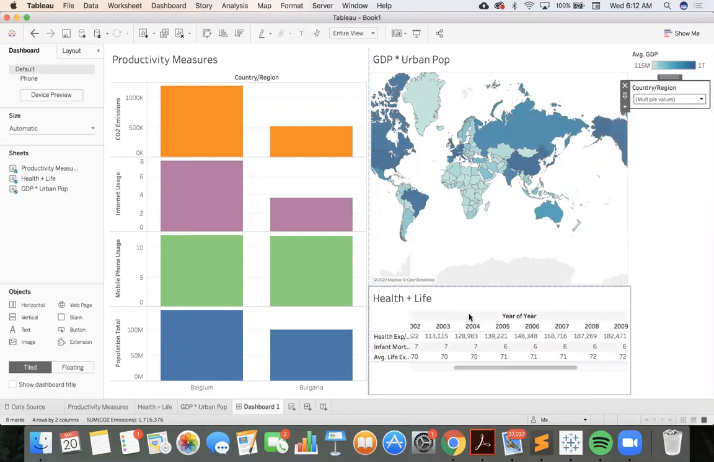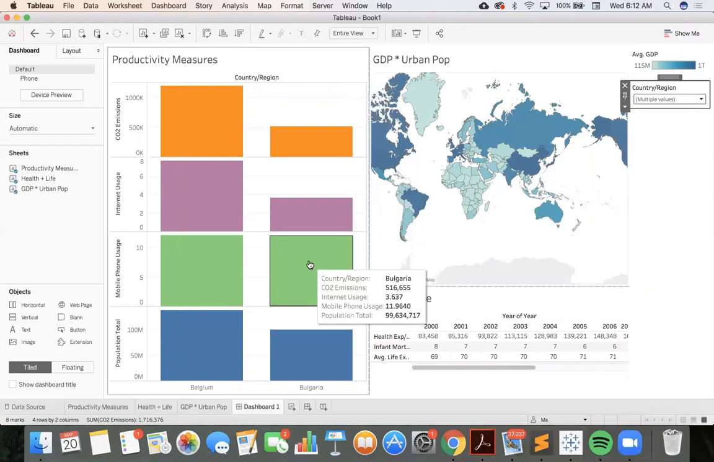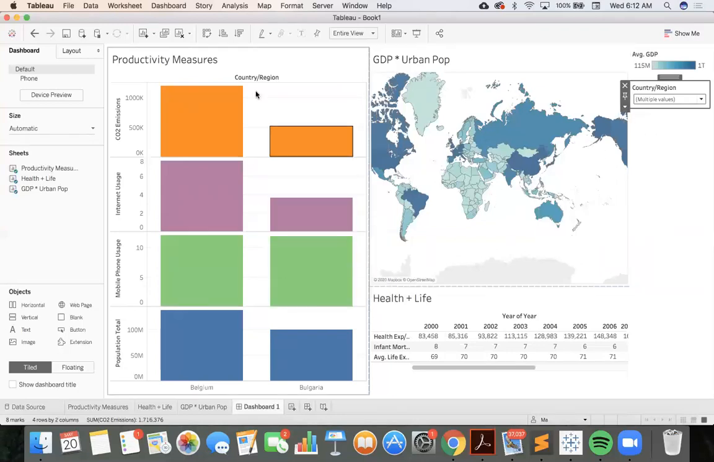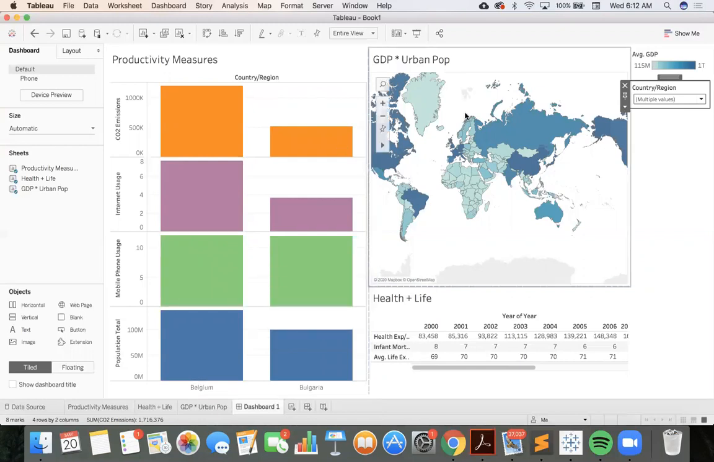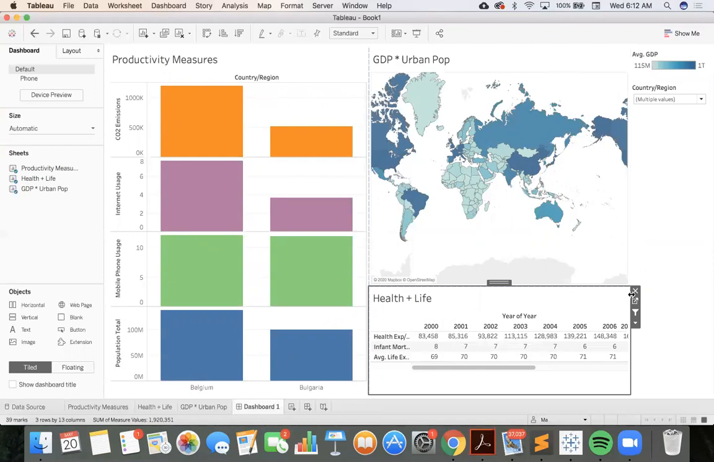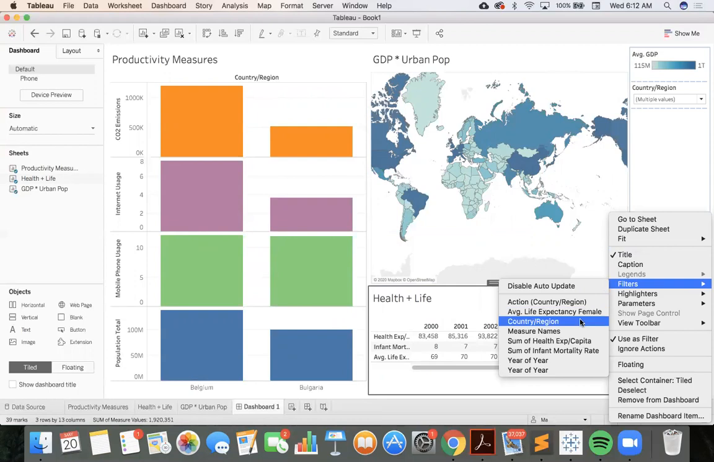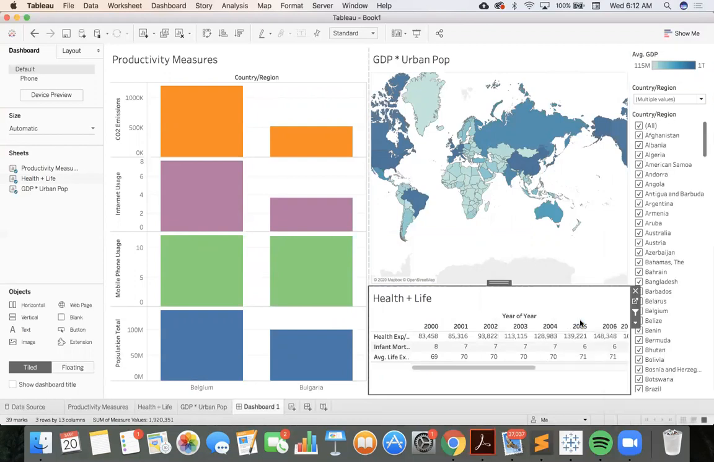And I can see, well, okay. This, as you can see, only changed this specific worksheet. So this filter only applies to this worksheet. So if I want to filter these same values on other worksheets, I'm going to have to add that same filter. So filters, country region,